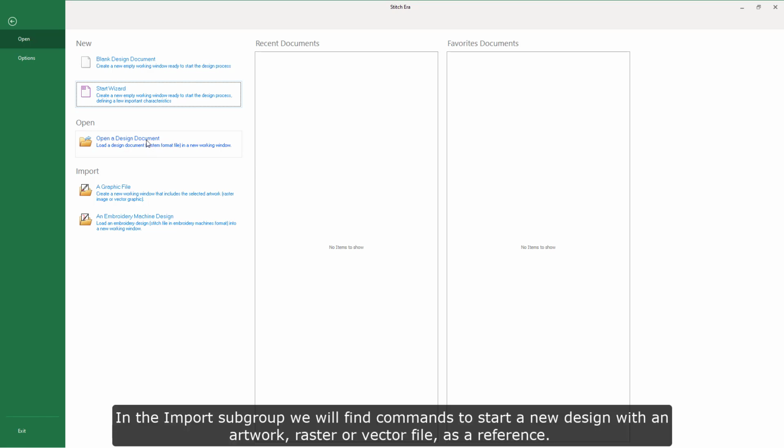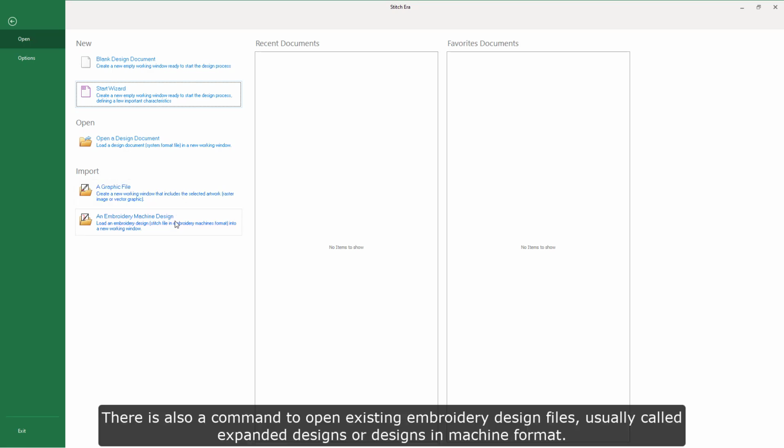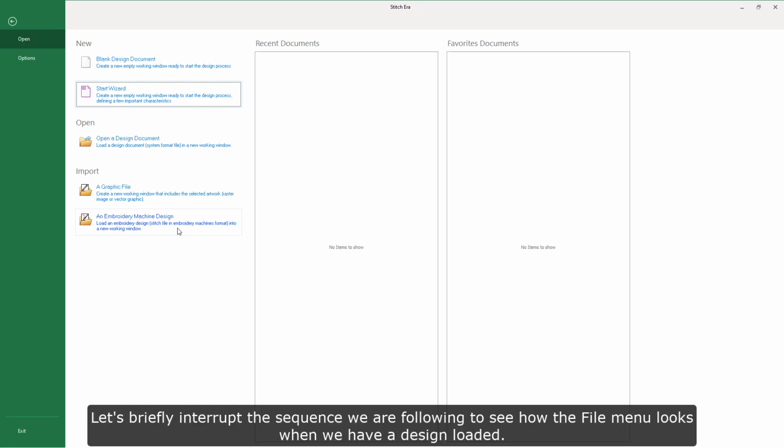In the Import subgroup, we will find commands to start a new design with an artwork, raster, or vector file as a reference. There is also a command to open existing embroidery design files, usually called expanded designs or designs in machine format. Let's briefly interrupt the sequence we are following to see how the File menu looks when we